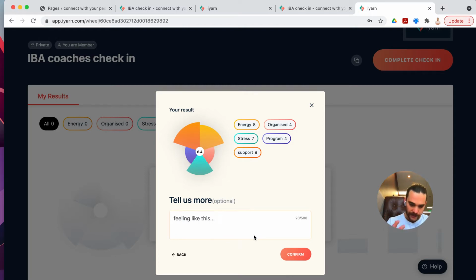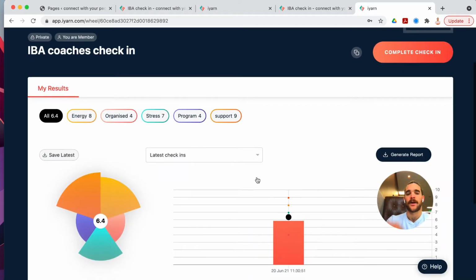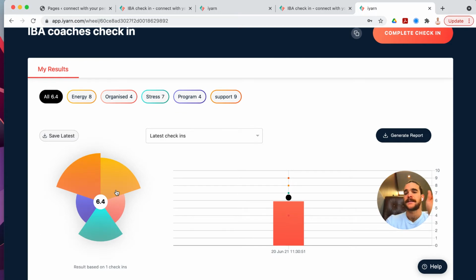We find it's really important to put in a bit of commentary here and encourage your athletes to do the same, because sometimes just having the picture doesn't tell the full story. It tells a bit of data, but if they put in the reason why they're feeling like this, it helps you have that conversation, or that yarn, with them when it's time. This is the first data point, but as the tournament or the training program goes on, it becomes really powerful the more often you do this check-in.